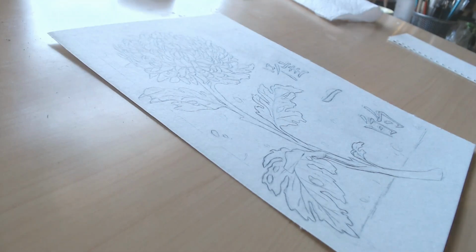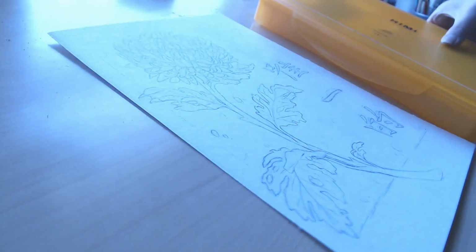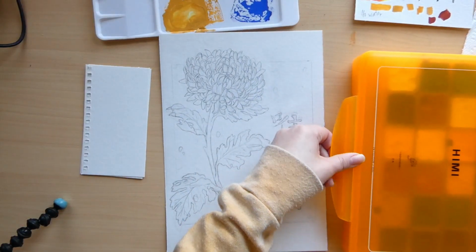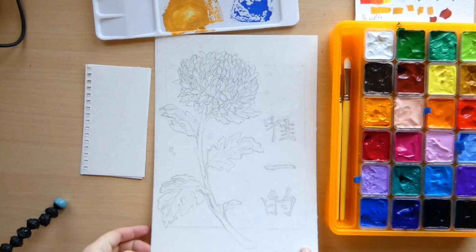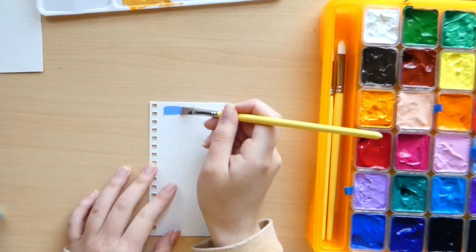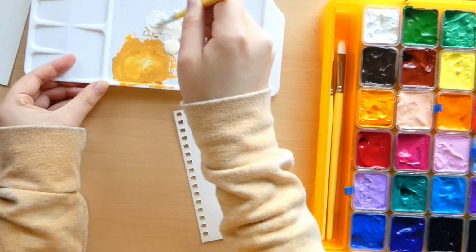And this video is a bit of a continuation of my previous video where I showed the results of my Himi Jelly Gouache Lightfastness test. Today I'll be talking about some ways you can do professional work with these jelly gouaches and really most any